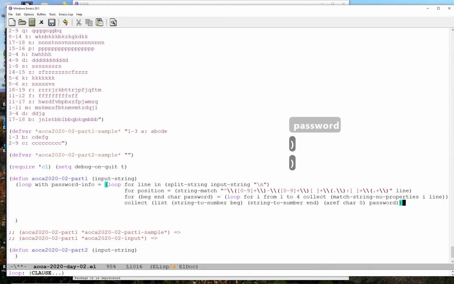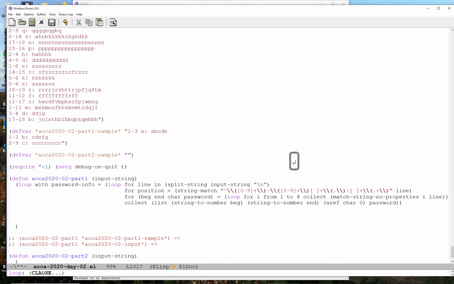So password info is going to be a list of lists. Each list has 4 elements, 2 numbers, a character, and a string. And again, because it's the with clause, password info is going to be bound for the entire duration of the loop. So what we want to do is loop for start and end and char and password in password info